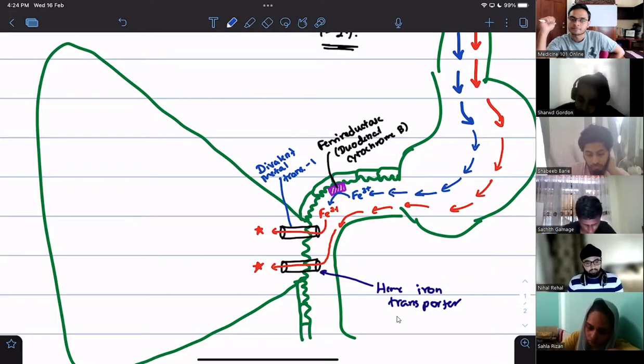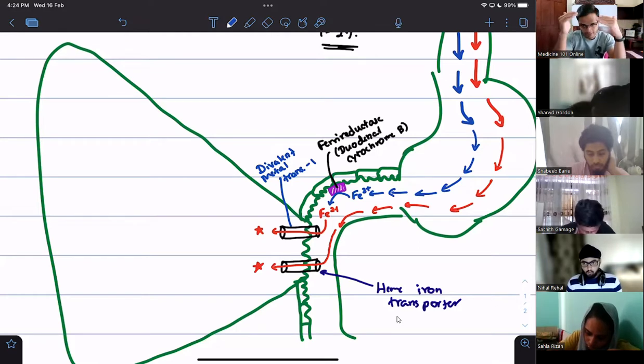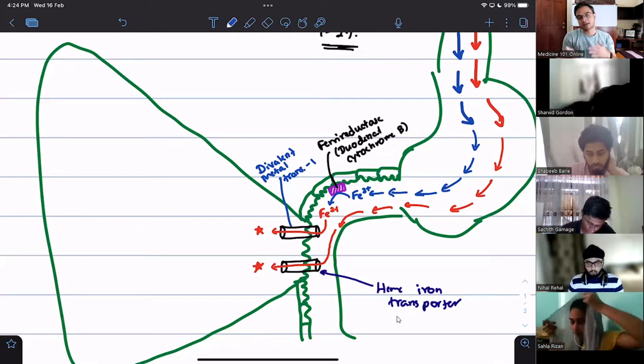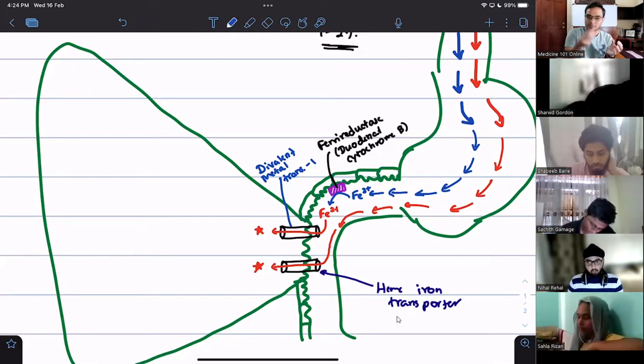Can the Fe3+ reduced to Fe2+ also go through the heme iron transporter? No, it is more specific. It doesn't go through the heme iron transporter because the ferrous iron coming with it usually comes with the heme groups. So when you take animal foods, it will be either the animal's blood, the hemoglobin. When you are eating, it will be a little bit of the animal's blood, even though it's cooked.